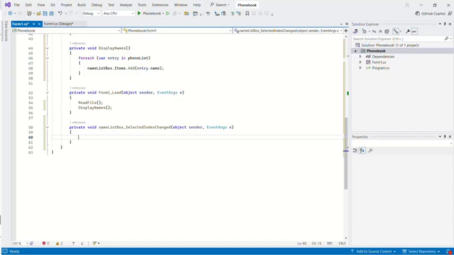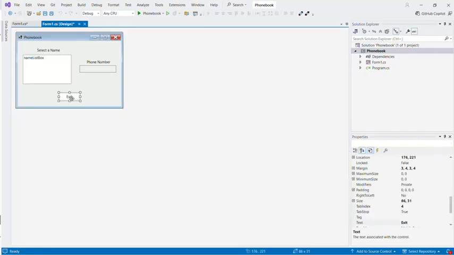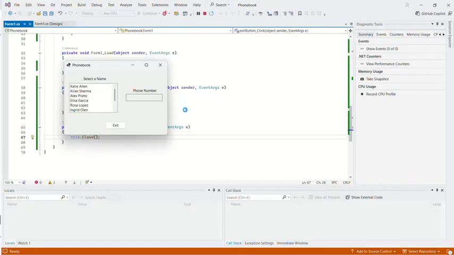Okay. So the last thing we need to do then is our exit button. This dot close. Okay. So that should do it. So let's see if this works. Click on our phone book, our start button up there, which is phone book. That's the way that they did it in that old version on there. Takes a minute to start up. There we go. Click on a name. There's the phone number for Curran, for Rosa, new phone number, Ingrid. So everything's working. Click on the exit